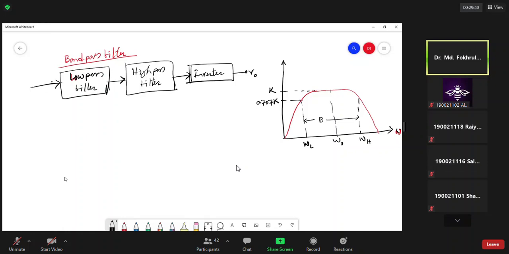Okay. This corresponds to 0, and this is basically the H magnitude. So approximately the output of the band pass filter looks like this one. If you construct it based on the low pass, high pass, and inverter circuits, the circuit will look like this one. The low pass filter,